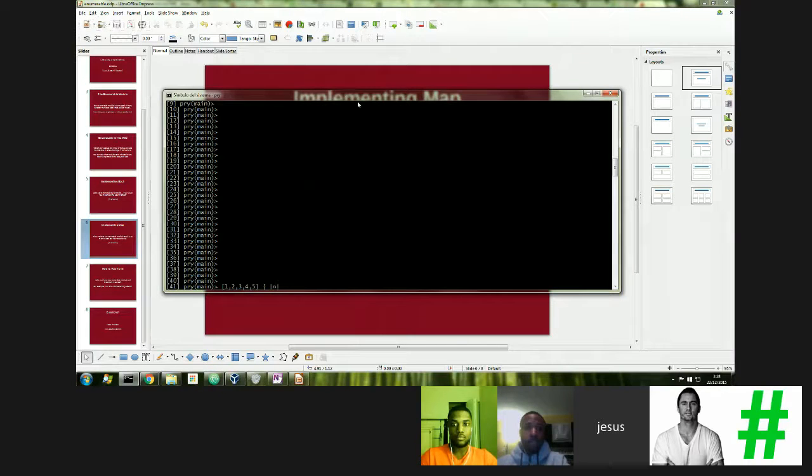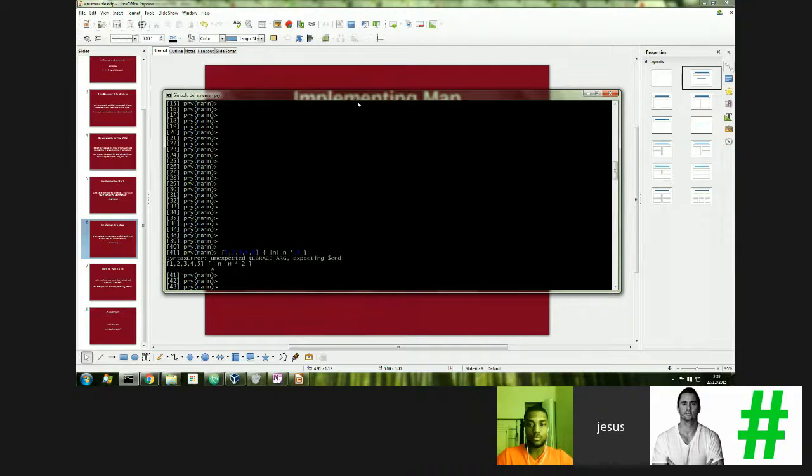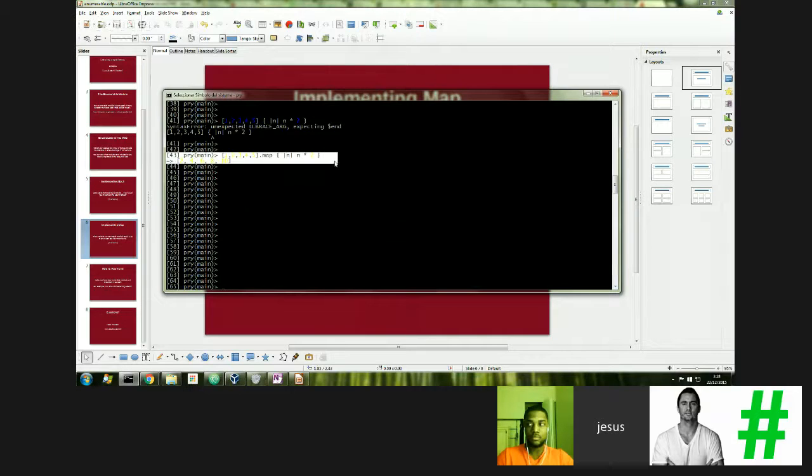So if we have 1, 2, 3, 4, 5 dot map, then I can say this block, and it will give me a new array